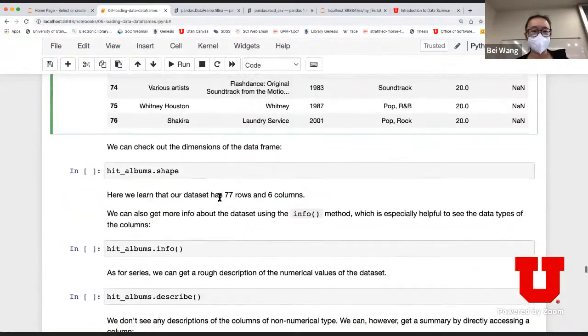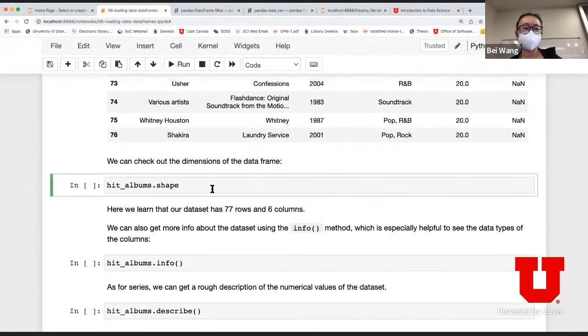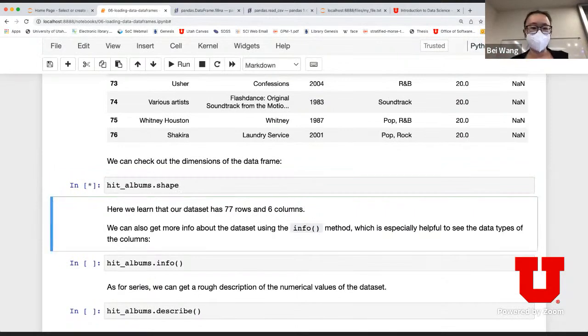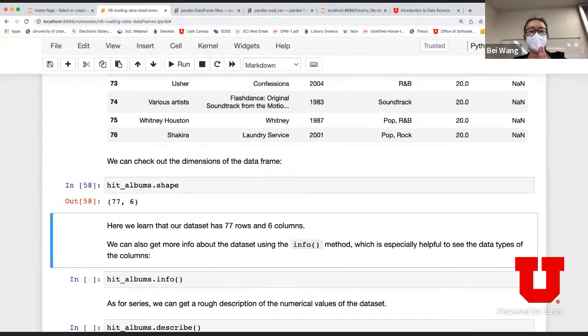Okay. Now the next thing, the shape. I do remember in Piazza there's a question about shape. Shape also applies when you're dealing with vectors and matrices and so on. It's the same thing. Similarly with a table, when you do shape, it's going to tell you the number of rows and the number of columns. So if I do dot shape, it says it has 77 rows. Remember, it's indexed from 0 to 76. So 77 rows, and it has 6 columns.